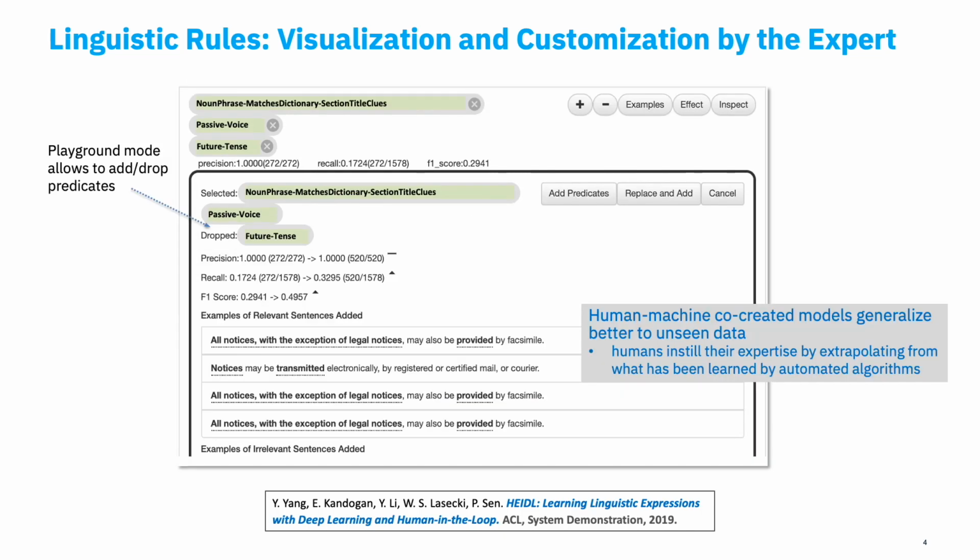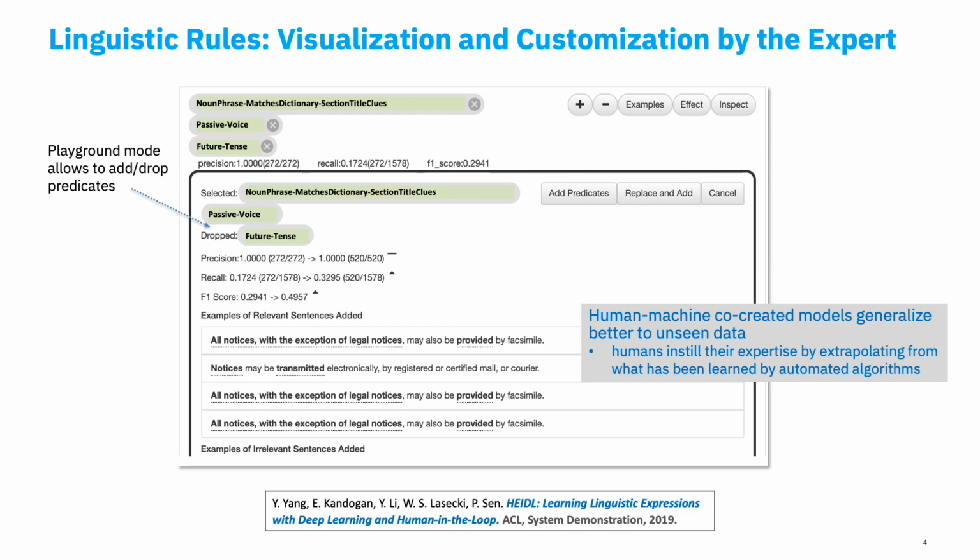Finally, the playground mode allows the human expert to add or drop predicates within a rule and see the immediate effects of that. For this particular rule, if the user drops the future tense predicate, the tool indicates that the precision will continue to stay at 100%, while recall will increase from 17% to almost 33%, with a significant increase in F1 score too. Furthermore, the tool displays examples of new sentences in the ground truth that are now covered